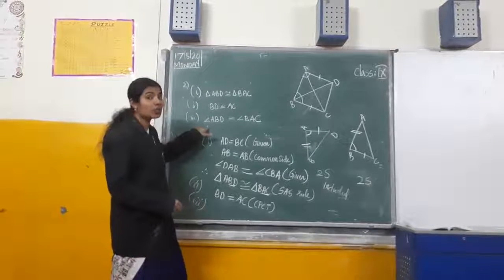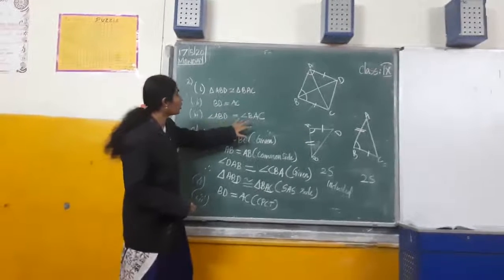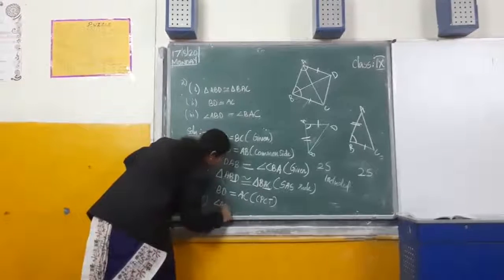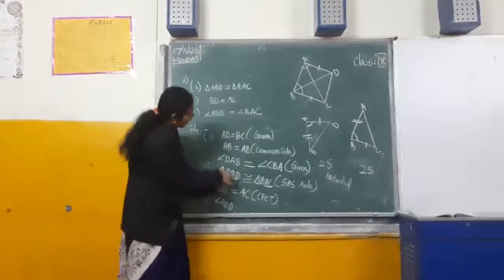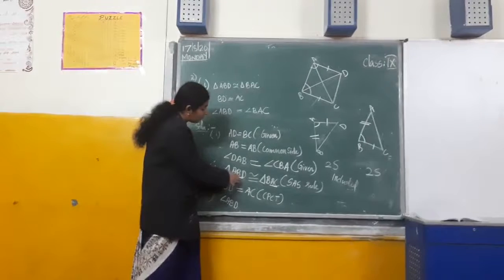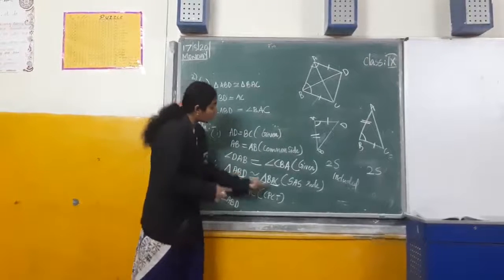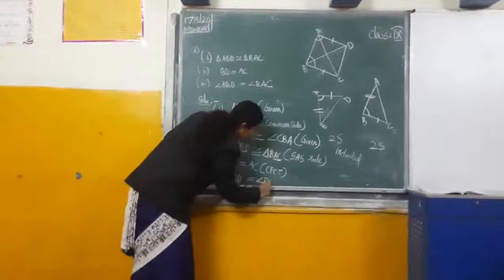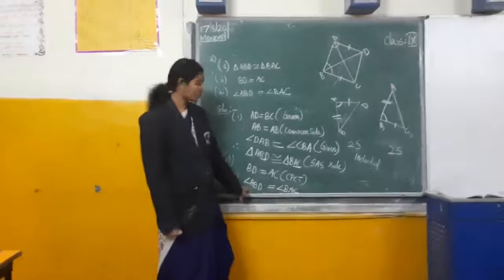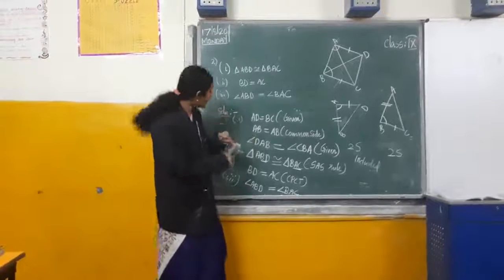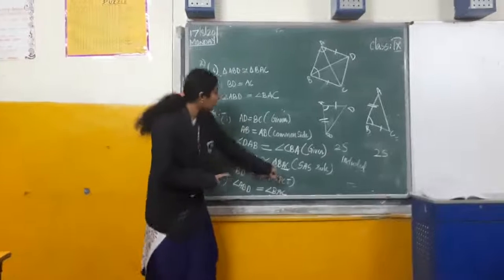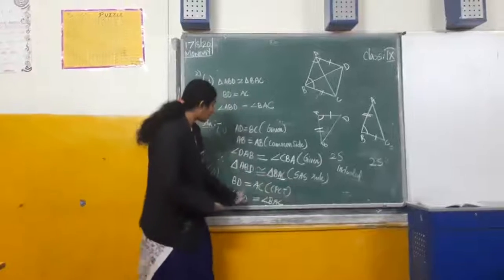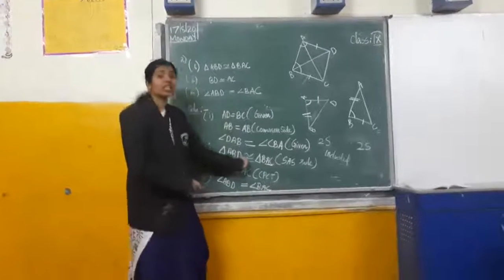we want to prove. How to prove that? Angle ABD equal to angle BAC. First, you should write that angle ABD. See here, angle ABD corresponds to angle BAC. So here, when two triangles are congruent, we can say A corresponds to B, B corresponds to A, D corresponds to C. So when I am considering angle ABD, which is the corresponding angle